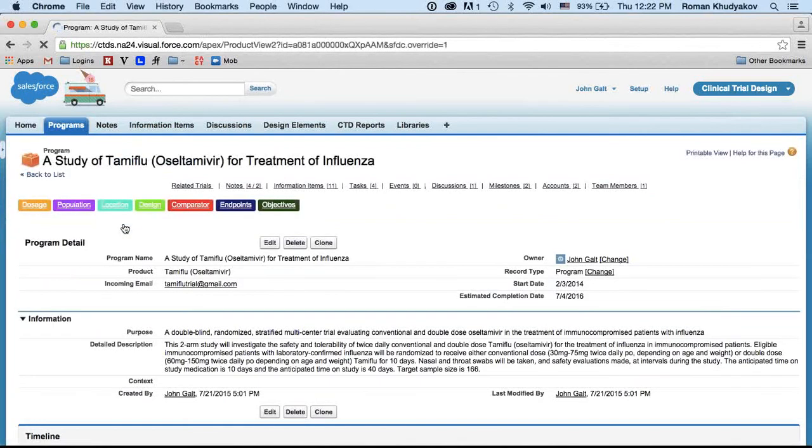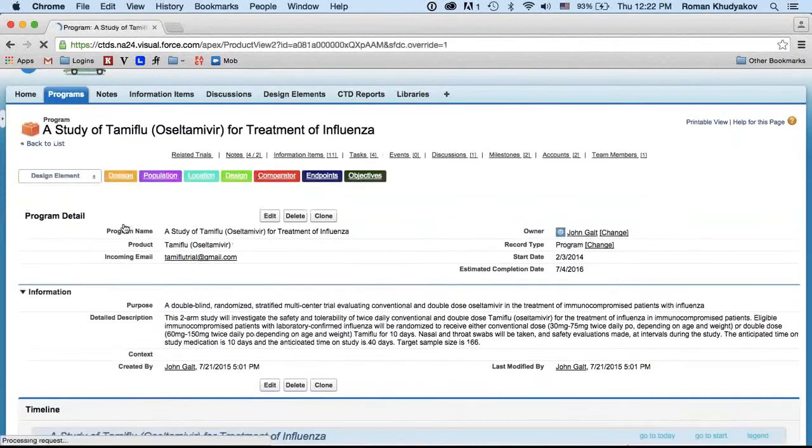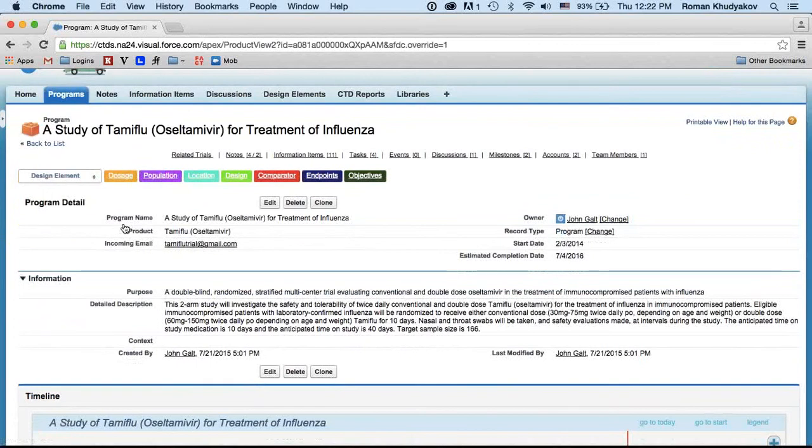A bit of description of this page. Here you can see descriptive information about the clinical trial program. All these fields are fully configurable, so wherever you need a new field, it can be easily put into the UI without any coding. On the top of the page, you can see design elements such as objectives of the